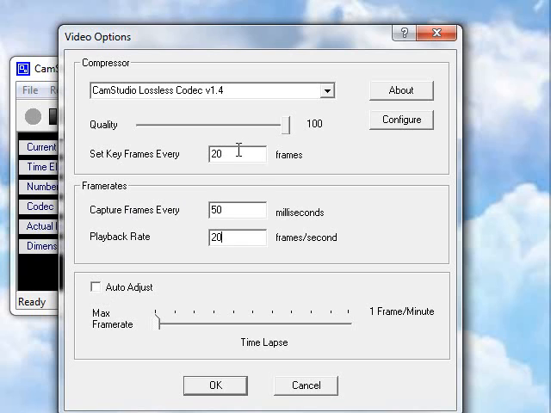You can feel free to play around with these values yourself, but I found that these work very well for PowerPoint and other types of screen captures. So we set keyframes every 20 frames, we capture a frame every 50 milliseconds, and we run at 20 frames a second. Just to give you a guide,